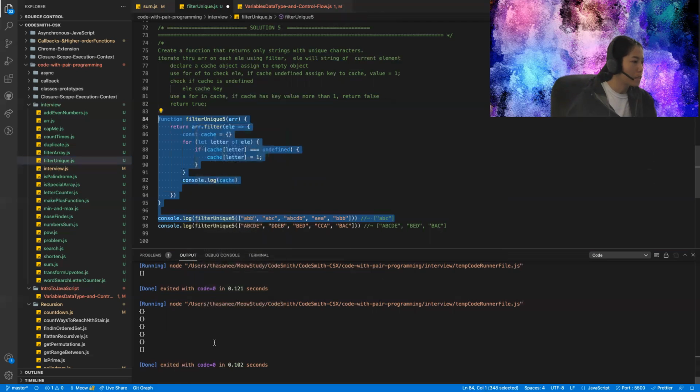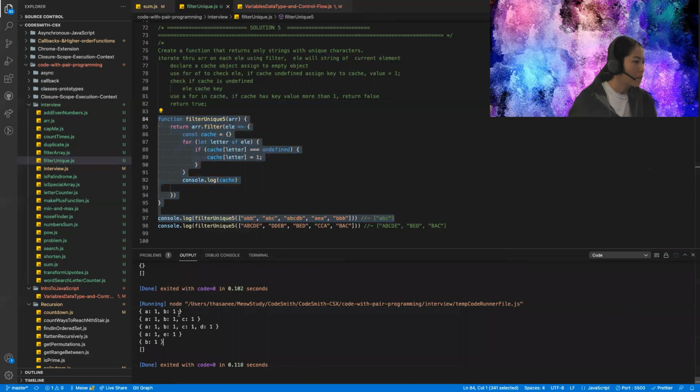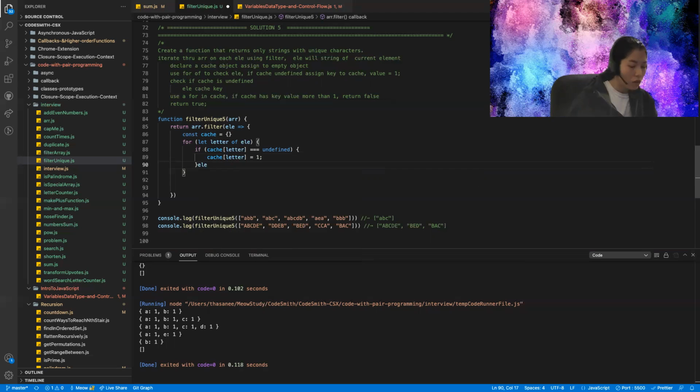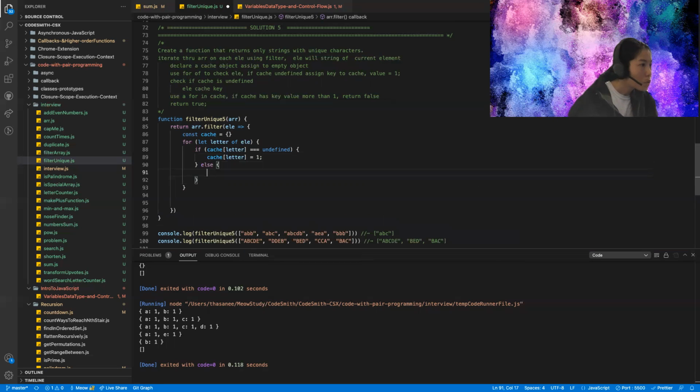Sorry, it's just missing something. Okay, now cast has the value 1. And if it's already defined, we're going to add 1 to it, and otherwise, else, we're going to just